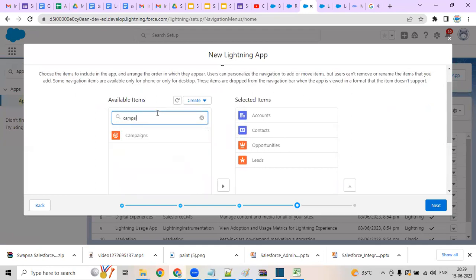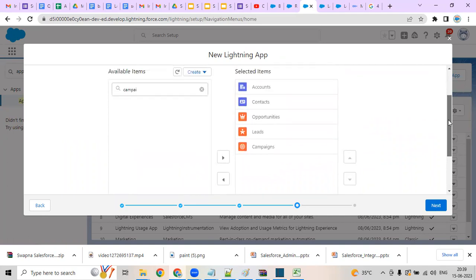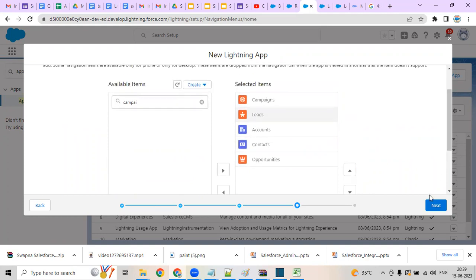Like this, you can add. Cases, solutions also you can add. If you want to move up and down, you can move. Campaigns, I want to make it on top. Leads, I want after campaigns. So this is in sequence. So this is the fourth step. Next,